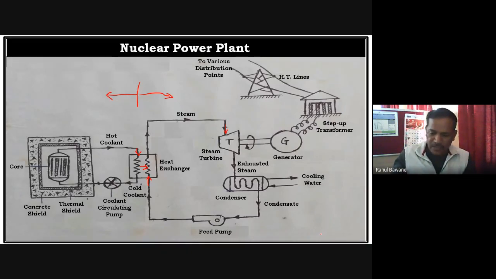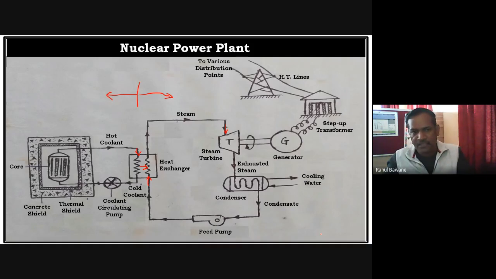Next, advantages wise, fuel amount is less, fuel transmission cost is less. So if you are going to run, suppose, a coal power plant for one complete day, you have to transport a number of railway bogies of that coal fuel. But for a nuclear power plant, you can have a suitcase, a nuclear fuel case, and you can carry it. Correct. So the transportation cost of fuel is very less.